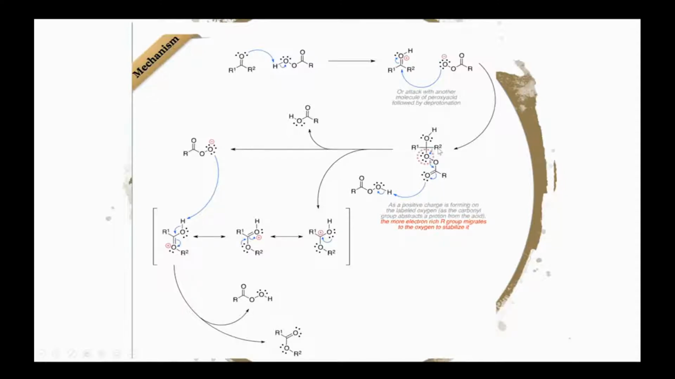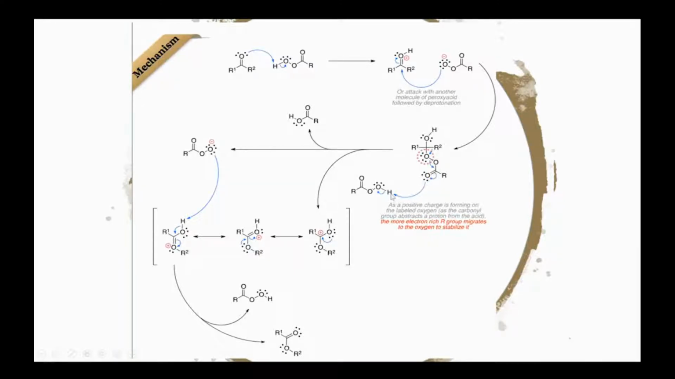So this R2 group, if it's tertiary, it has more migratory aptitude. If it's secondary, then aryl, then primary, then methyl. So this is a migration step. So the more electron rich R group migrates to the oxygen to stabilize it. So this R group is migrating towards this oxygen in this case, and then the bond between these oxygens breaks, and we have a carbon double bond oxygen, and this bond breaks in the favor of oxygen,